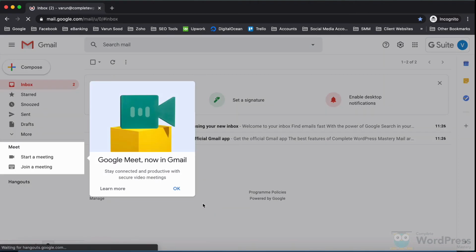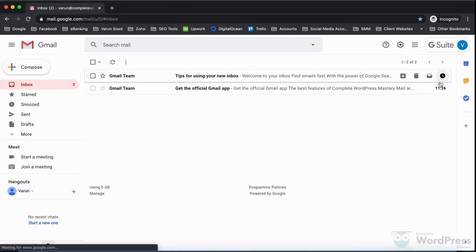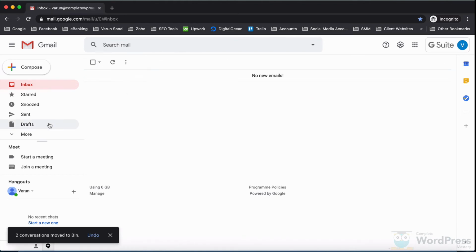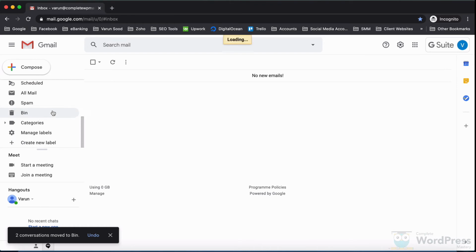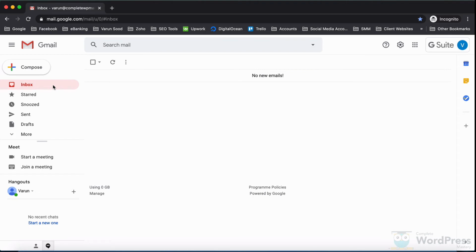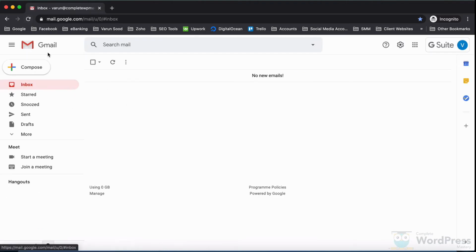So here is our new business email account accessible right inside Gmail. We still have not received the test email that we sent out to ourselves. There's nothing to worry about. Sometimes it takes a bit of time to reach your inbox. I have refreshed a few times, but we still have not received the email. Let's use an alternate way to confirm we have set up the account correctly.